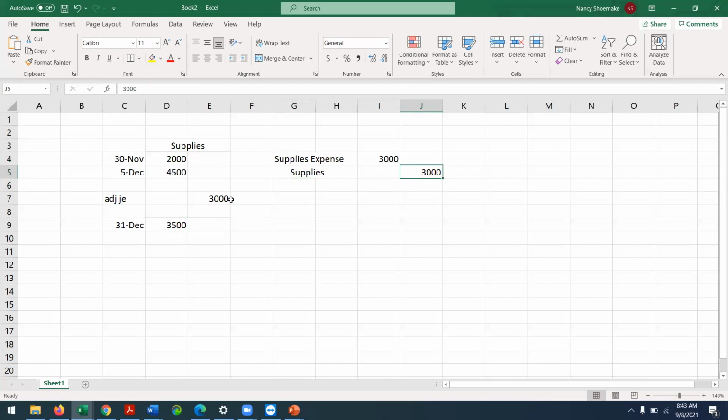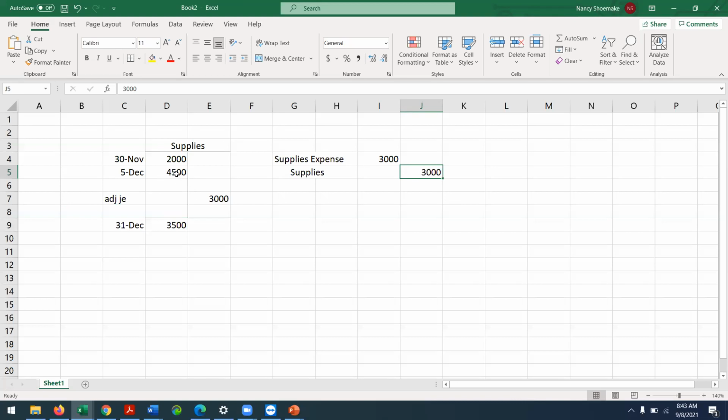That's where this 3,000 is coming in here. When we looked at the supply cabinet, we used up 3,000 in supplies. It's not there anymore. Therefore, this is why we have to record a journal entry